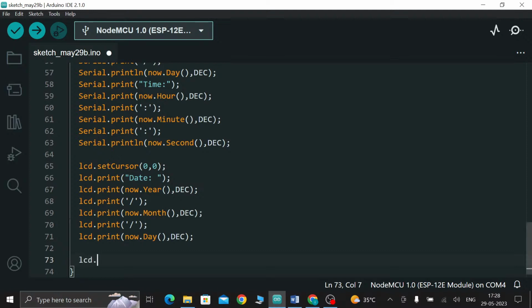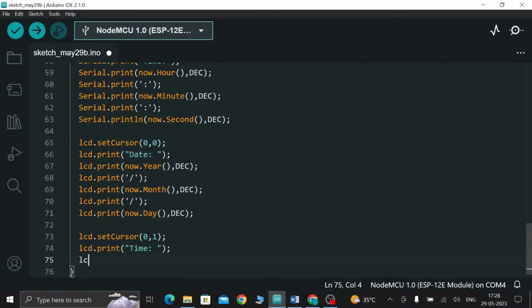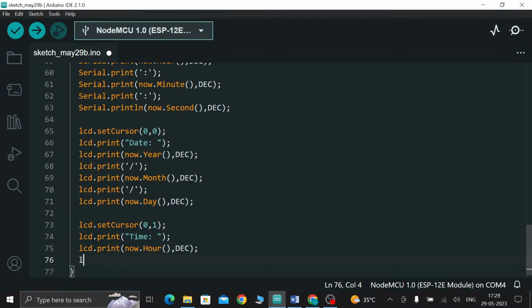So now I am going to set the cursor in the 0th column, first row. So LCD dot print. Inside I am going to print the time. So now LCD dot print now dot hour first. So now LCD dot print